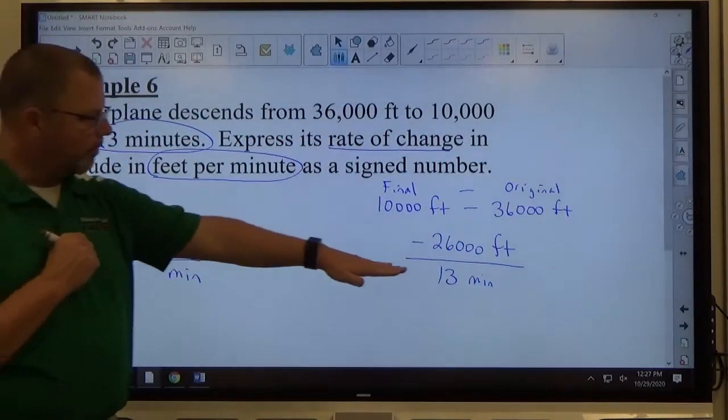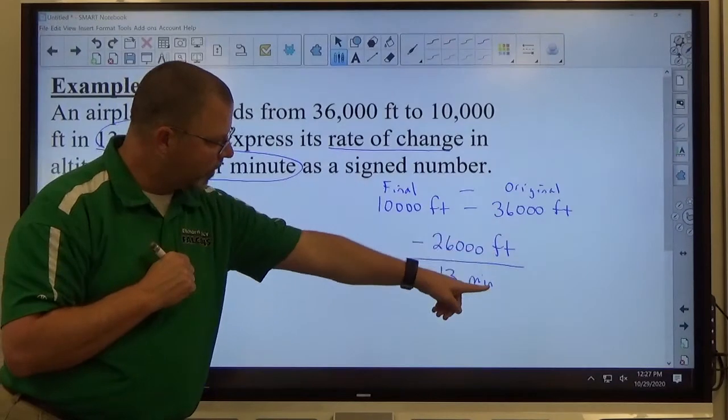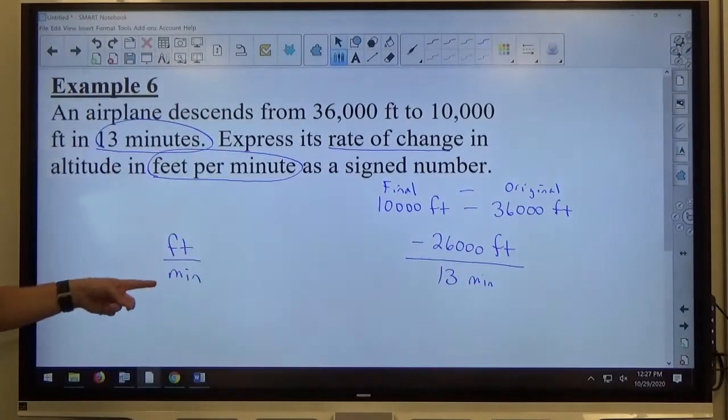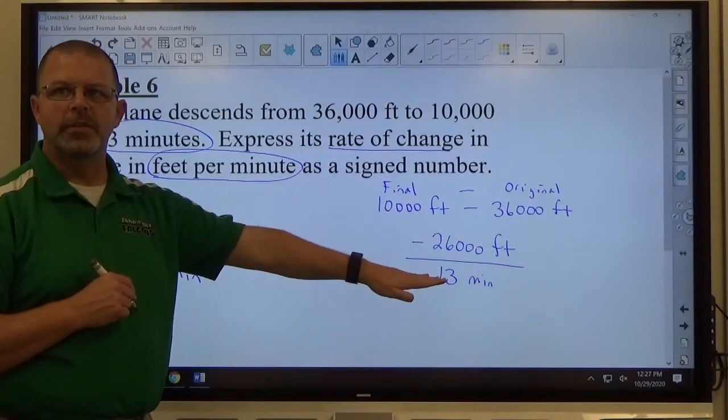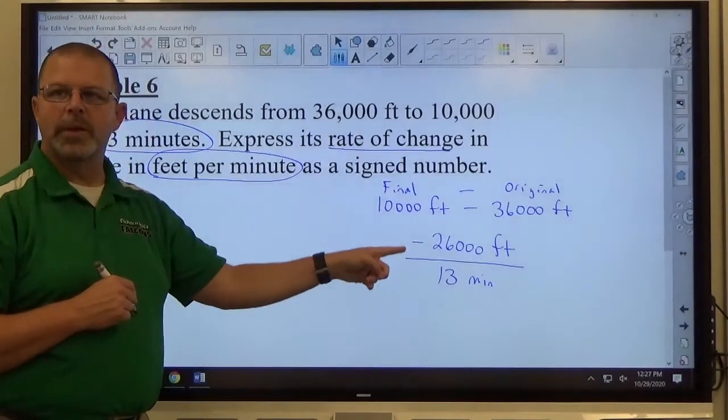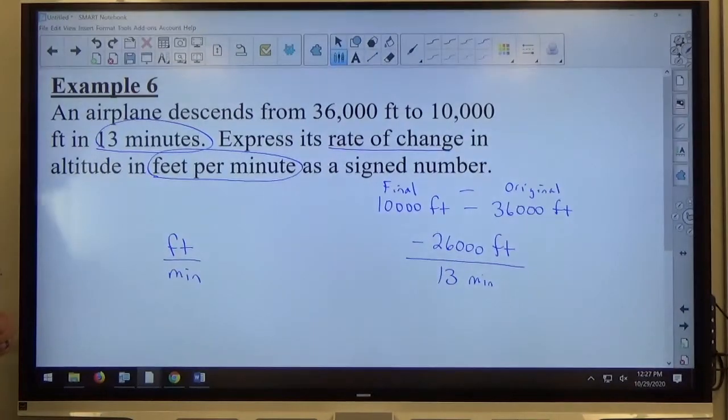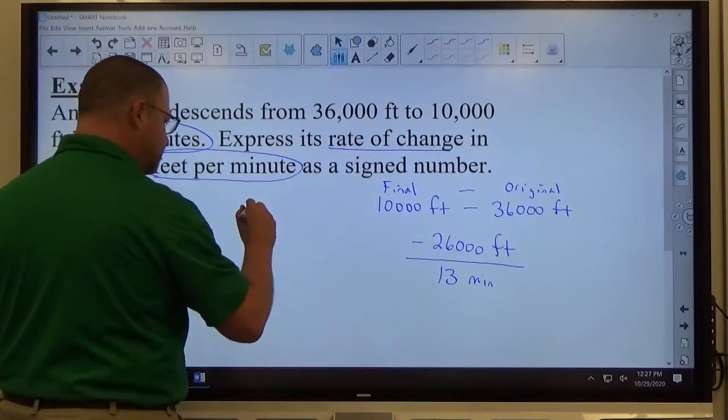And notice the unit of the final answer is feet per minute, which is what we're looking for, feet per minute. Notice that it's a division, this divided by this, and the signs are different, so we get a negative answer. And if I do 26,000 divided by 13,